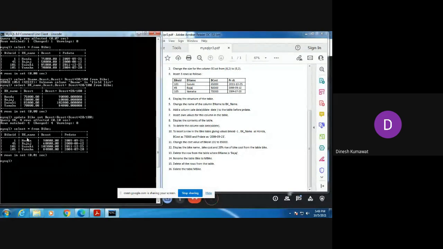First of all, you need to check, do we have any bk_name as Bajaj in my table? Second one. So we need to delete this second one where our bk name is Bajaj. So tell me which syntax we need to use for deleting this row.